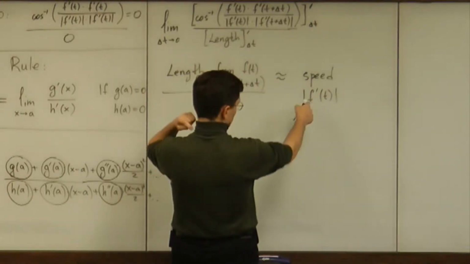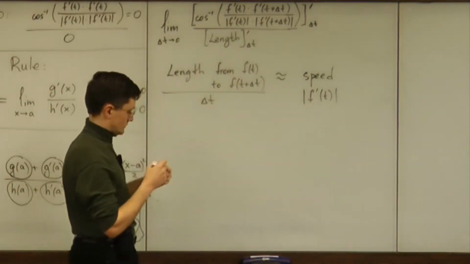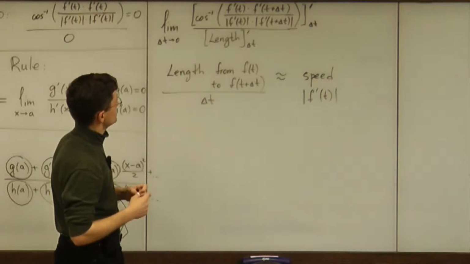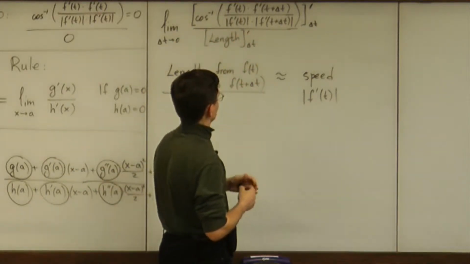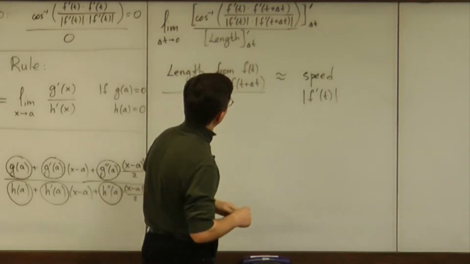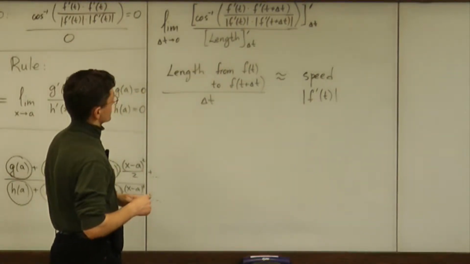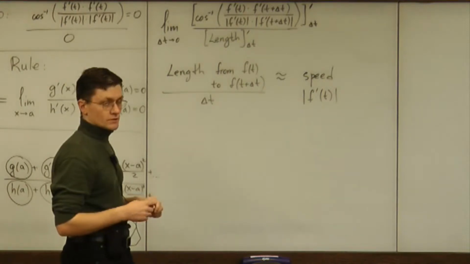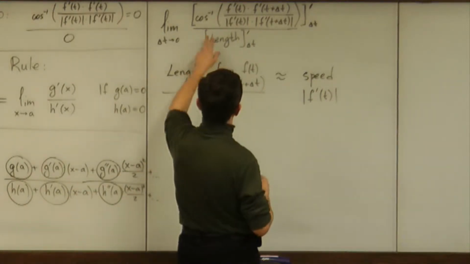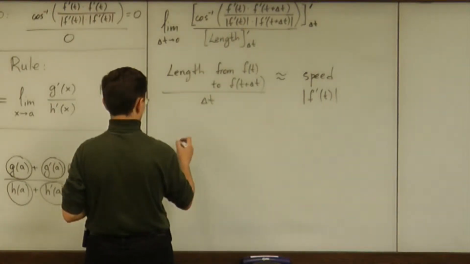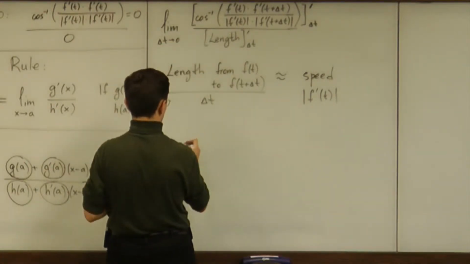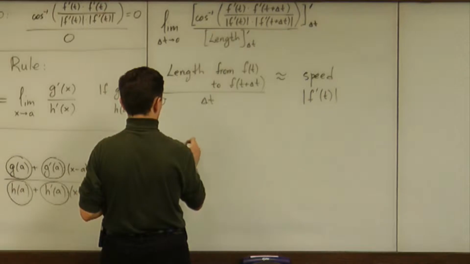Alright, so the denominator is simply the main unit of f prime. What about the numerator? How can we differentiate that function? Well, that's a complicated function. That's a composition of two functions. One function is this cosine inverse. Right? So the derivative of the numerator is going to be